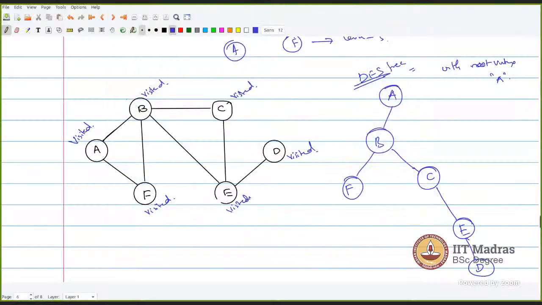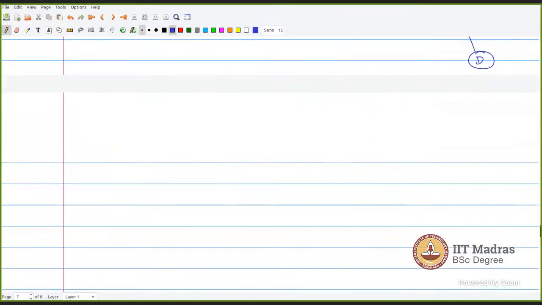Question number 2 exactly. f of x equals under root x minus 1 and g of x equals e to the power x square plus 2x. Plus 2x, yes. So in this